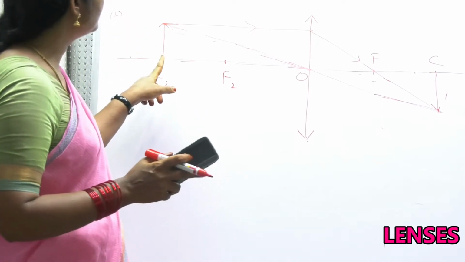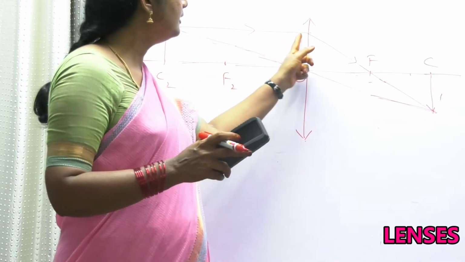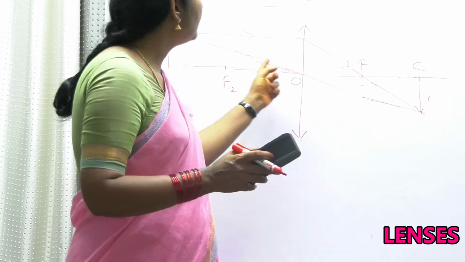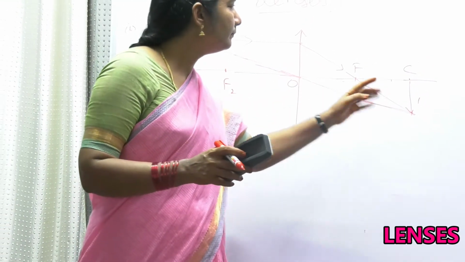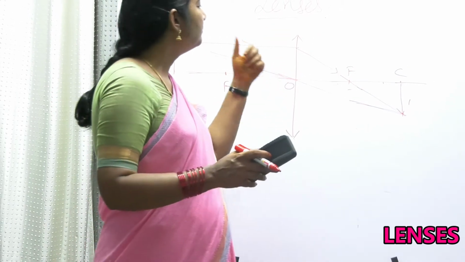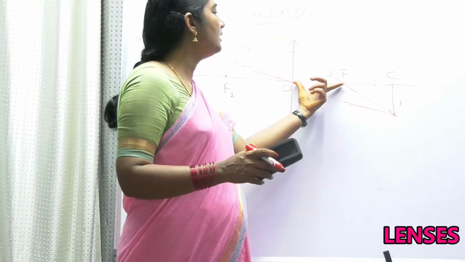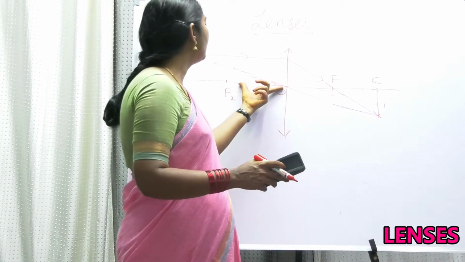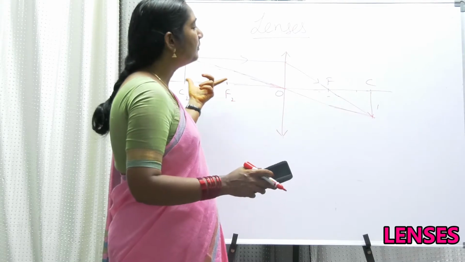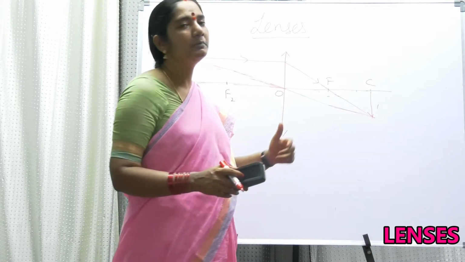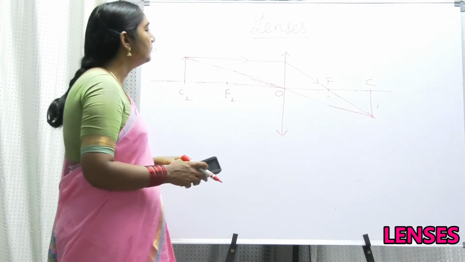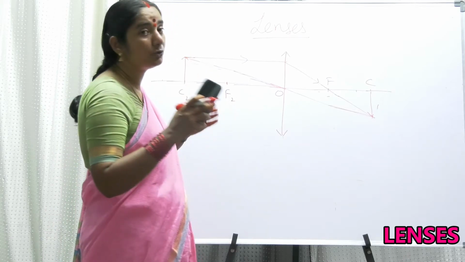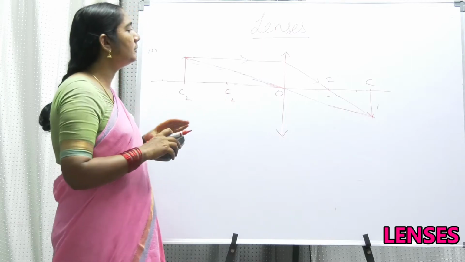When you are putting an object at C, take a straight line, just pass it. Again, make a straight line without any deviation. When you are drawing this diagram, please use a scale. Try to maintain equal distances. If you maintain equal distance, your diagram will be very neat. Now I am not using a scale and pencil to draw, I am just giving a rough diagram, but you please draw using the scale and a pencil.